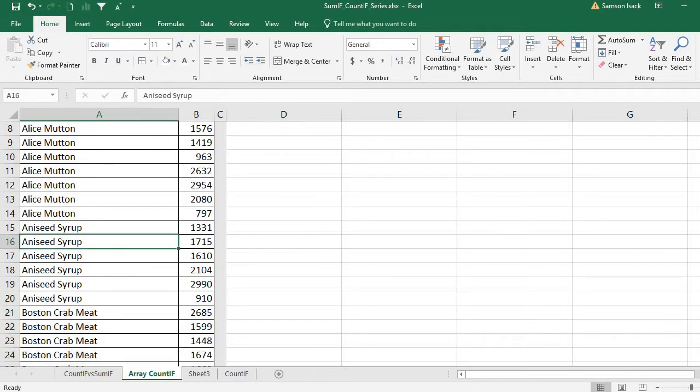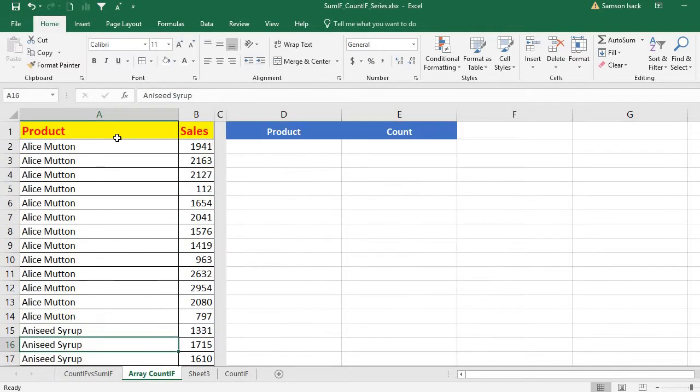Okay, so now what I have here is that I want to check for each product how many records, how many transactions are there for each product. Okay, so how to do this one? First of all, for this we are going to check number of transactions. That means it's a count, so obviously it is a count function. But we are not going to count everything,